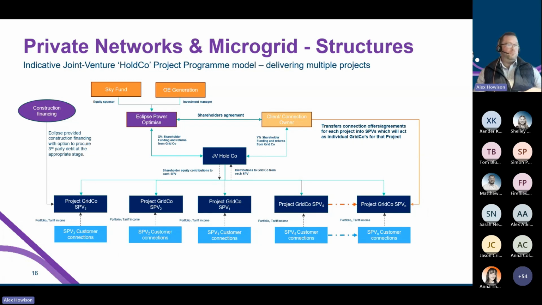projects, and whether they're multiple large-scale projects or smaller scale, things like EV charge hubs. What you wouldn't want to do is to go through all your contractual technical negotiation on a project-by-project basis. So actually looking at a holdco, an overarching agreement that would then deliver multiple projects internally, and look to, if you like, socialize cost and incomes across those. That is another kind of structure that we're looking at on a couple of the projects that we're working on